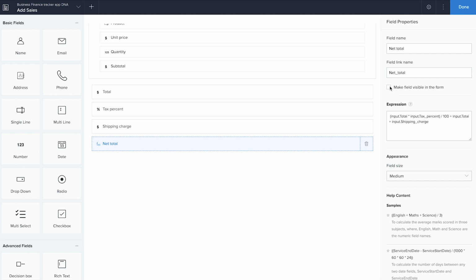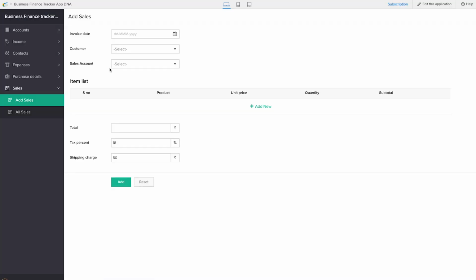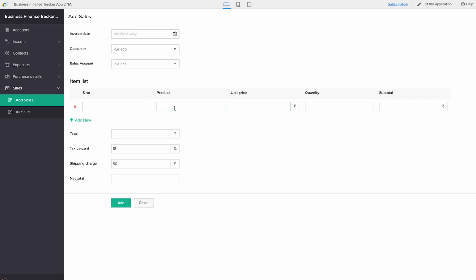Now I'll make this field visible in the form so that it comes in the form, and then refresh my app. So as you can see, the net total appears here now. Let's see what happens. The subtotal is calculated and when the net total is calculated, now this is calculated just according to our formula. Let's fill the other details